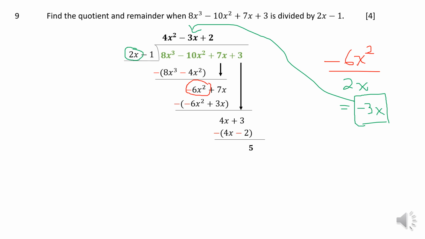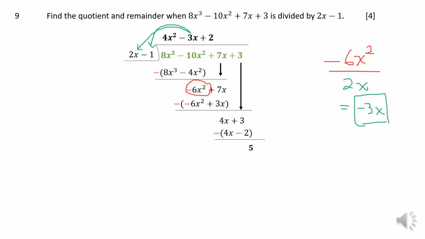Now, if you have that particular answer, then you go back again with your steps. So now you go back again. You start your procedure all over. You take this negative 3. You multiply with that. And you get negative 6. Then you take this negative 3 and you multiply it with negative 1. Negative 3x times negative 1, that gives you positive 3x. Can you see that? And then you start the process all over again by